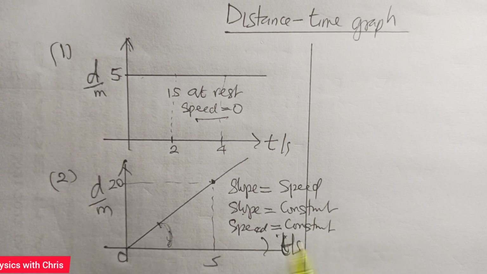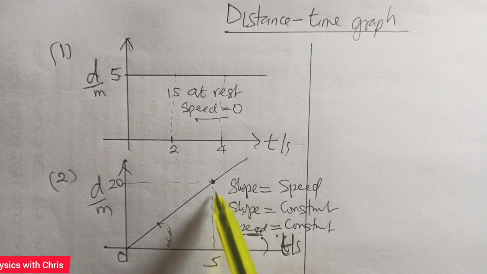Here I said again that the slope is speed. And seeing that the slope of a straight line graph that has a positive inclination is constant, it's very logical to say that the speed of the body is constant. So this is a graph of constant speed, and we can calculate the value of the constant speed because the slope